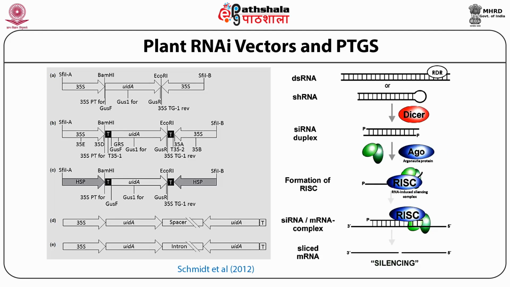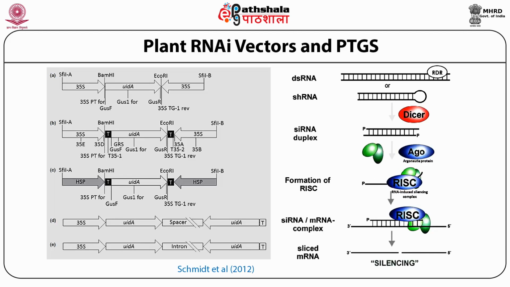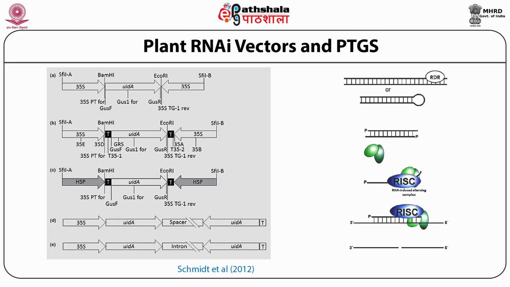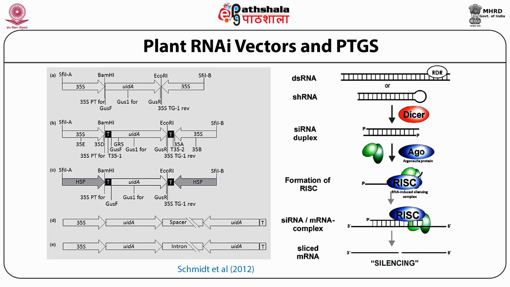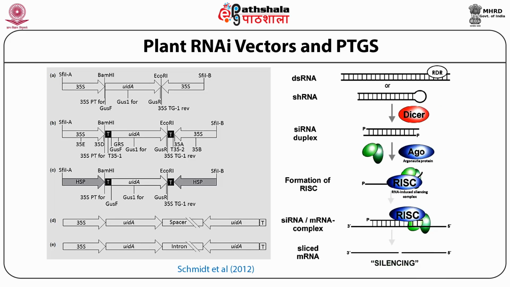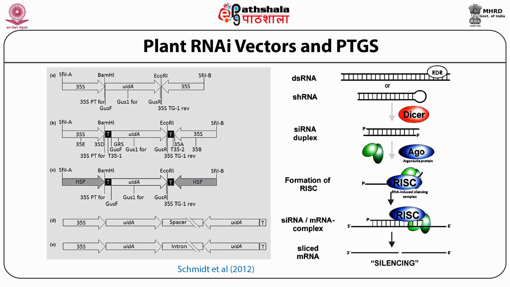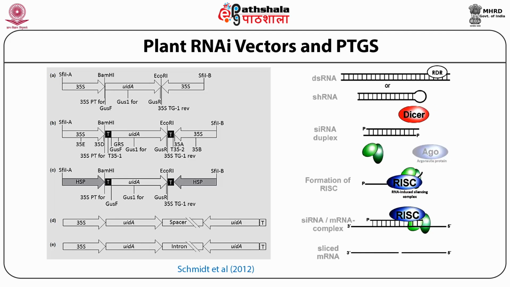On both sides, you hook up a constitutive promoter. That means both the sense and antisense strands of the UID-A gene are transcribed, and these transcripts can hybridize with one another, forming a double-stranded RNA. That double-stranded RNA can be cleaved by a protein system known as the Dicer system, an RNase III family protein. Once the RNA is cleaved into smaller fragments of 21 to 25 base pairs, they are